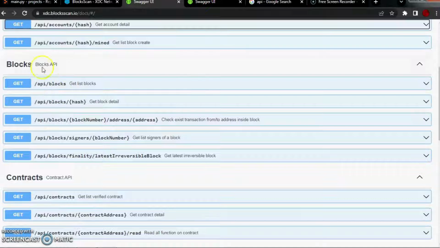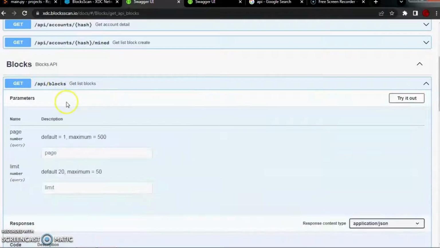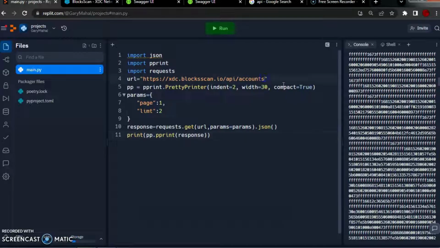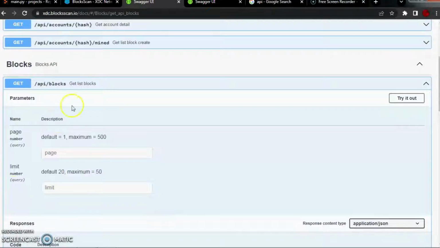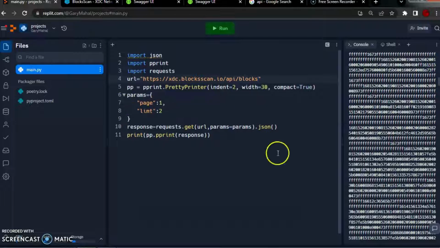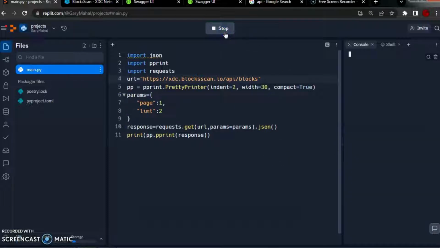Now let's come to the blocks one. To get the list of blocks, we use this. As I said before, if you want to use the block APIs, you have to put blocks here. So we're going to remove this and write blocks. Its parameters are the same, so we're not going to change this one. We're going to just run it,